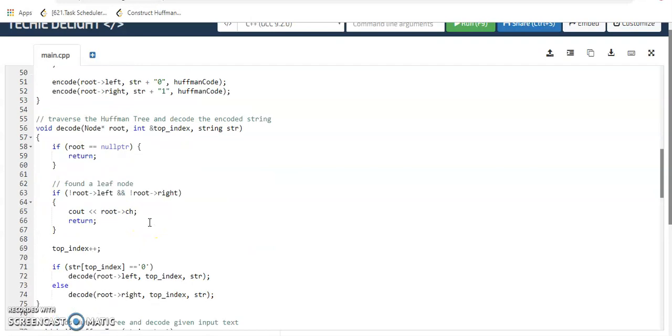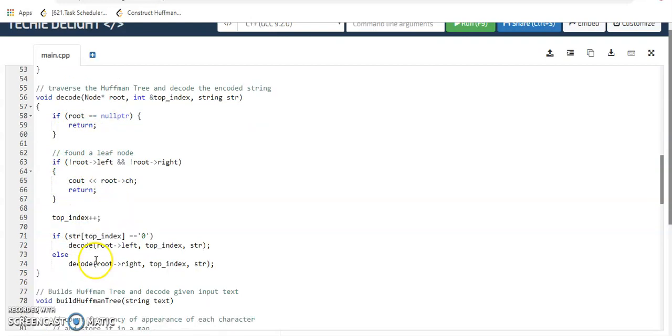This decode function traverses the Huffman tree and decodes the previously encoded string. Here we have handled two situations. First, the if will handle the case where no node is contained, and second, the if will handle the situation when we reach the leaf node. Here the index pointer is incremented because initially it is assigned -1, and if the bit is 0, that means we need to traverse to the left subtree and decode the particular bits, and then we shall traverse to the right subtree to decode it.